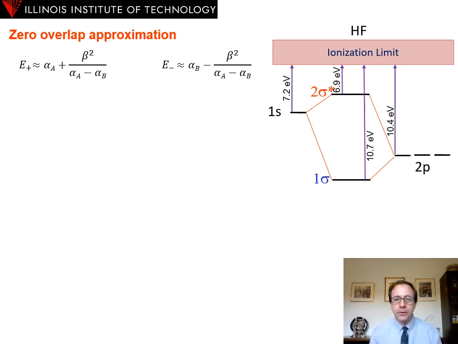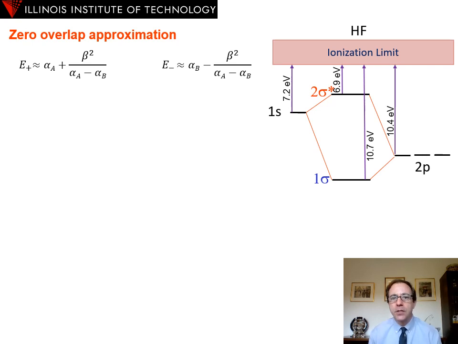Remember, the Coulomb integral of each atomic orbital represents really the atomic energy of that orbital. So what the denominator is saying, in the zero overlap approximation, is that the closer the two energy levels are to each other, the stronger their interaction is with each other. The closer they are to each other, the smaller that value in the denominator becomes. The smaller the denominator becomes,